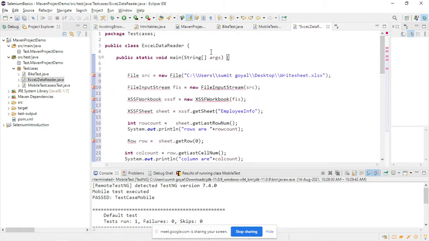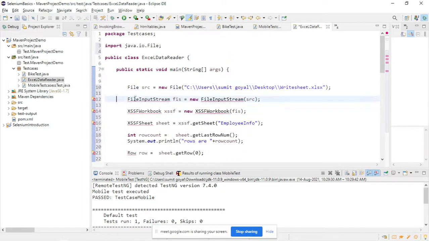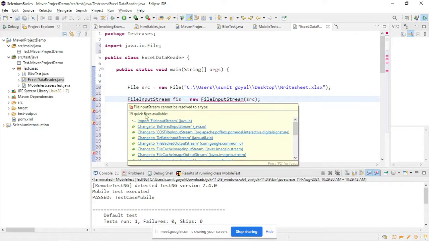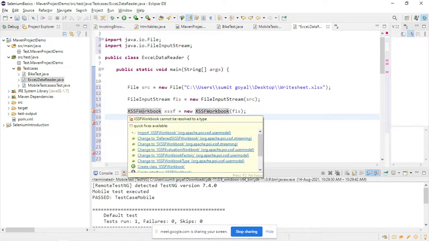Okay, so now some errors are coming. So let me import it. So import this file one. Import this one as well. Import this one as well. So this class is coming from the dependency which we included just now. Otherwise, you will not see the import statement.